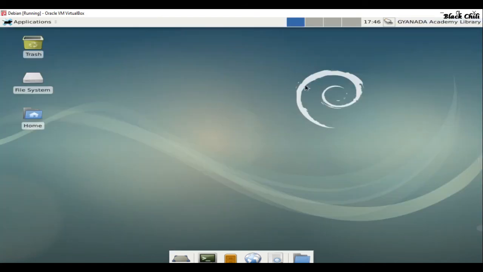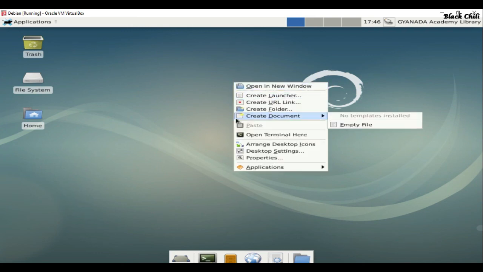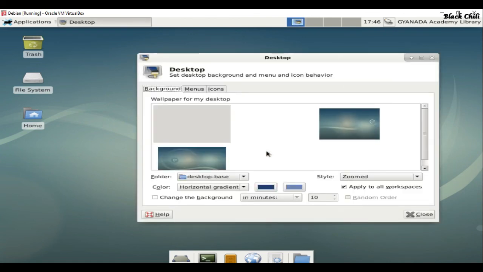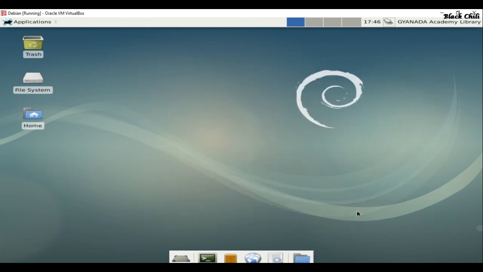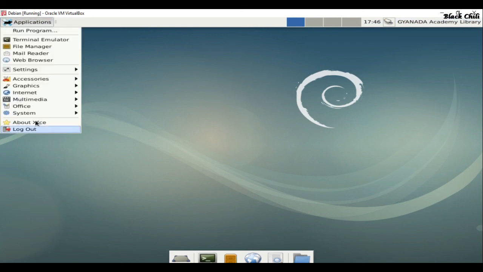So you can change the settings also from here. Just go to the applications, desktop preferences, properties, desktop settings. You can change the color and everything from here. Okay, so I'm going to wind up. So now we can also log out from here. Just click and log out